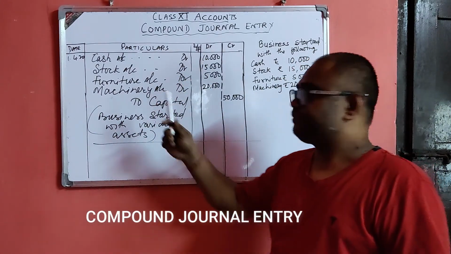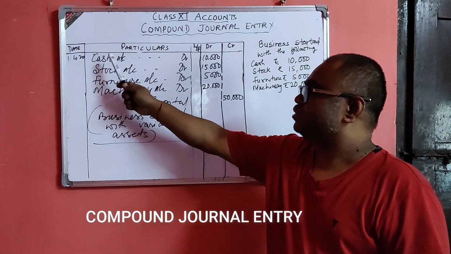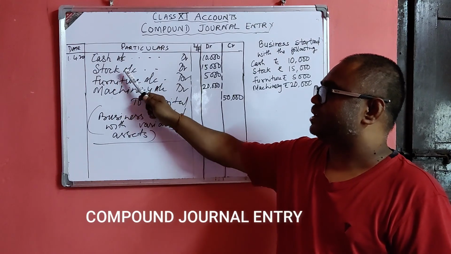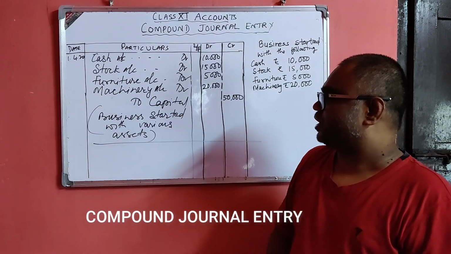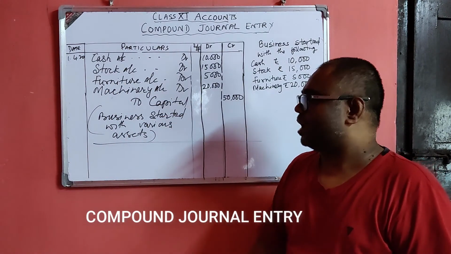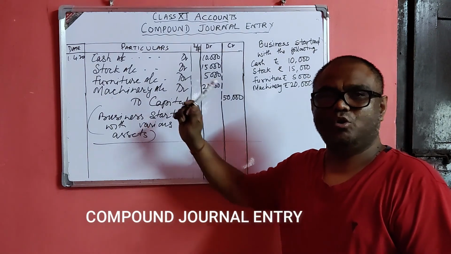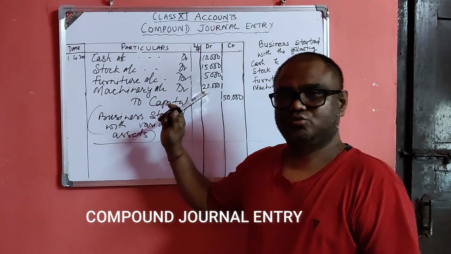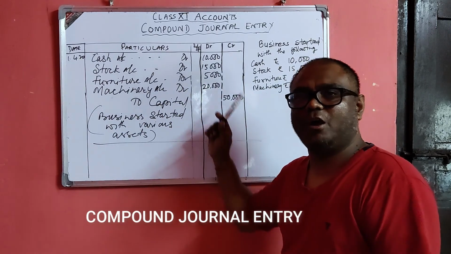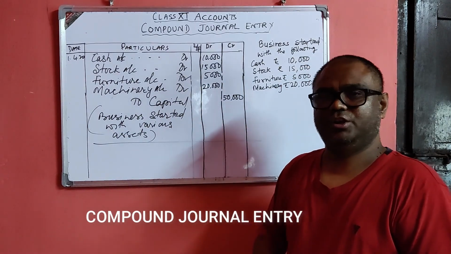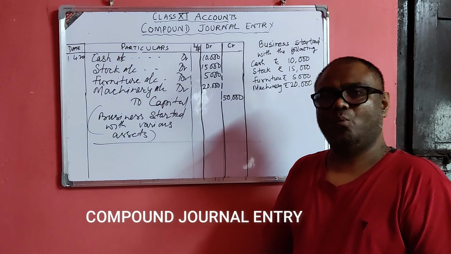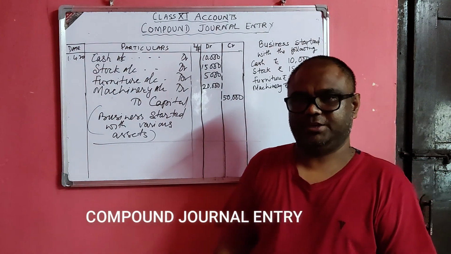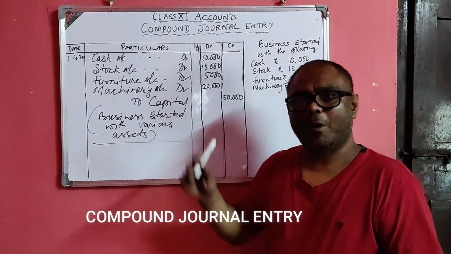So these are the assets accounts to be debited. So here four accounts are debited: cash account, stock account, furniture account, machinery account debited to capital account. So here more than one account is debited. This entry is an example of a compound entry in which more than one account is debited. So this is the compound journal